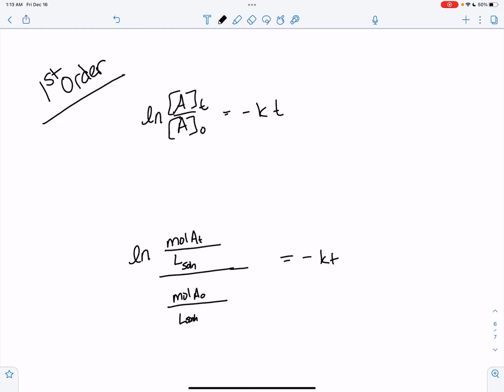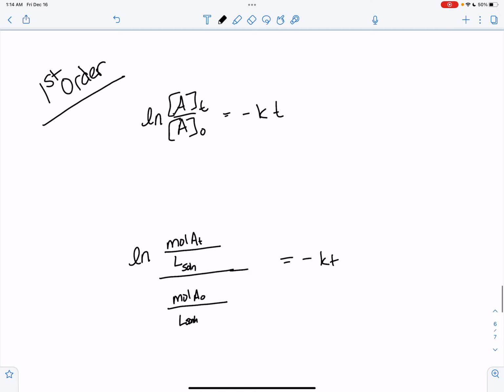So there are two other ways that information might be given to you in a problem. And these build on the same ideas of everything else. It's just another way of introducing information. So one way is that instead of giving you 1.0 molarity here and 2.0 molarity here, it might just